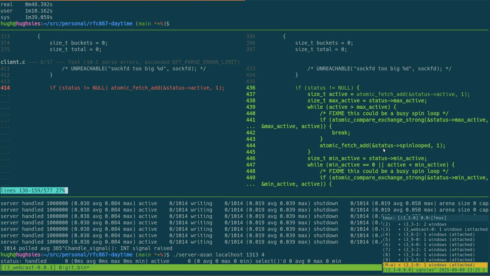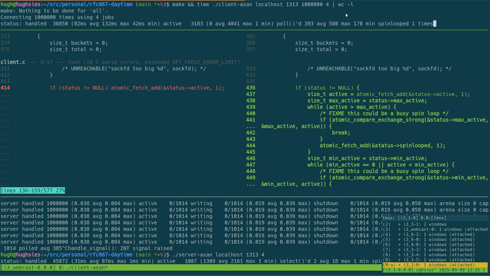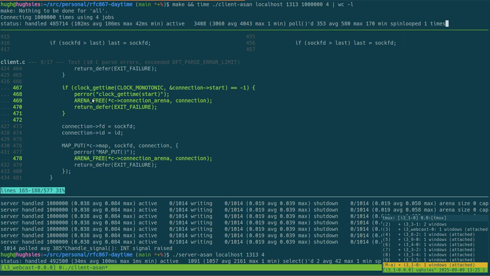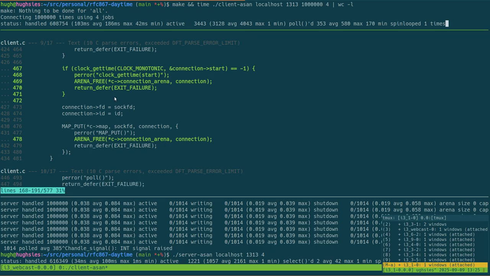And so at this point here, we spin loop out, and potentially we could add less on to this, but I think it didn't actually show too many. I figured out there was a bug where I was getting the min active and setting it to the max active and then doing this check, and it was a redundant check, but yeah, now it seems to be doing a bit better. Here when we start the connection, we make sure that we